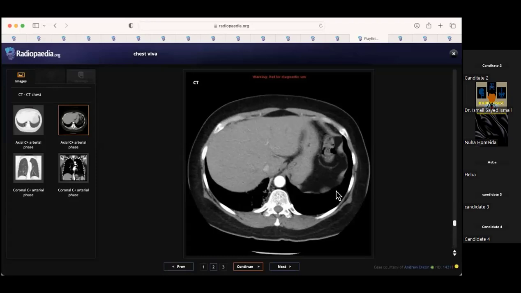So what are the types of pulmonary sequestration that you know of? We have two types, extralobar and intralobar. Extralobar is usually seen in the pediatric age group, while intralobar is seen in the adult age group. Both types get blood supply from the arterial system, but extralobar drains into the pulmonary veins, and the intralobar draining